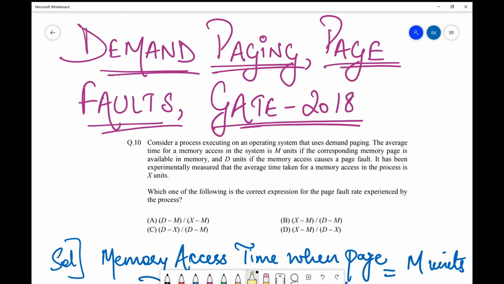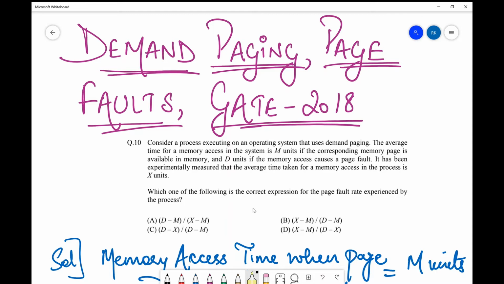So over here what they've asked is basically they don't give you the exact numerical values, they give you some abstract general values, for example say M units, B units, A units, and then they ask you about a result also in that form. So that is what I mean when I say formula based questions. So let's see what the question was over here and how do we solve that. I'll just read through this question.